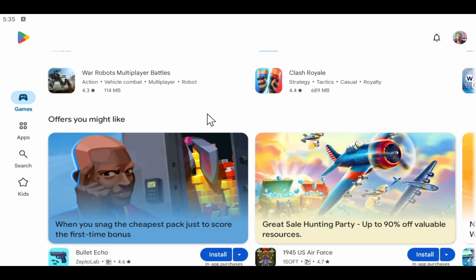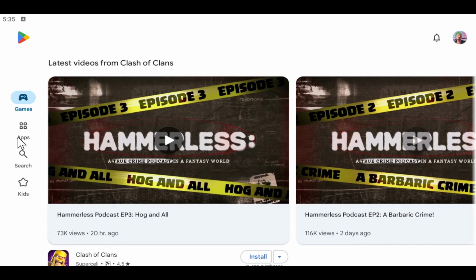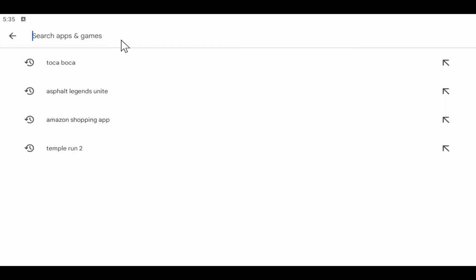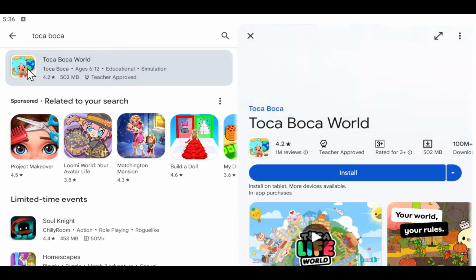First of all, open up the iOS App Store or the Google Play Store depending on your device. And once you open it up, just tap on the search button and then type in Toca Boca and start your search. Once you find the Toca Boca World application, just tap on it and you will now see the